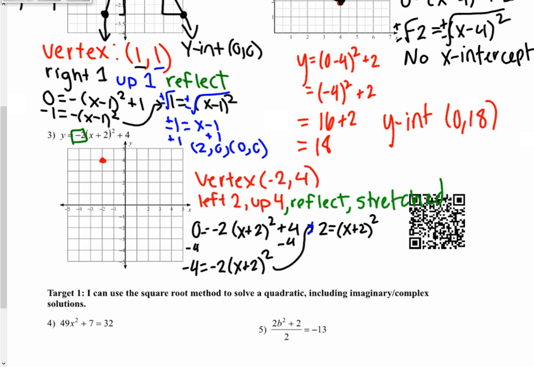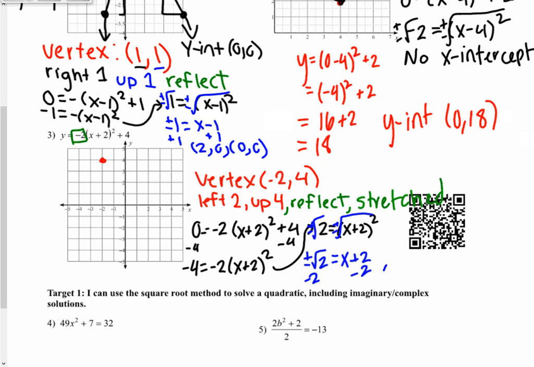Taking the square root, not forgetting to put the plus and minus in front of that, I have plus or minus the square root of 2, since we can't simplify that, equals x plus 2. I'll subtract 2 from both sides. In order to do that, I'm going to have to use my calculator. This way I can approximate it with a decimal. So the square root of 2 minus 2